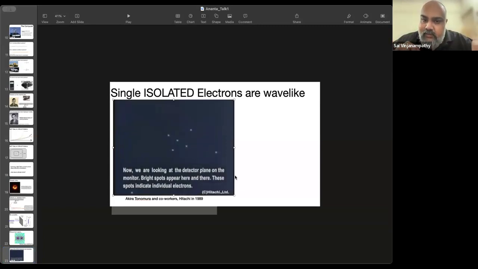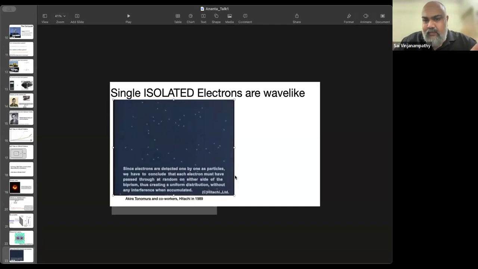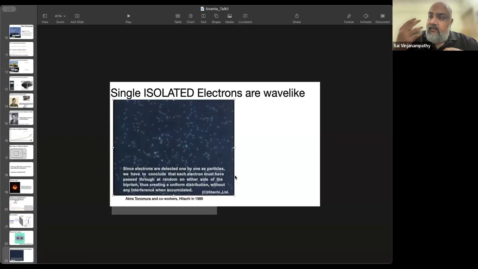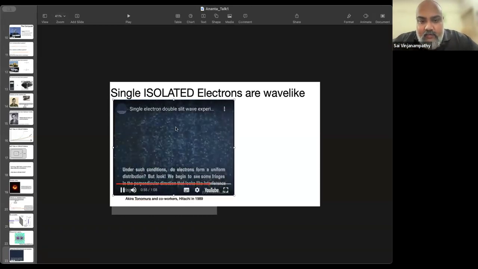These are single electrons that are leaving an electron gun. This is an experiment done by Hitachi in 1989. These are single electrons leaving an electron gun in a two-slit experiment. The electrons leave one at a time. And when one electron is traveling through the tube, it takes like 10 milliseconds or something. There is no second electron in the machine. So at any given point, there's only one electron, and the electron travels from the gun to the screen and impinges itself on the screen. So you can ask the question, are electrons like bullets? If electrons are like bullets, I expect these two bands in the back, which are consistent with just two bullet lines forming. What you see is basically an entire interference pattern,